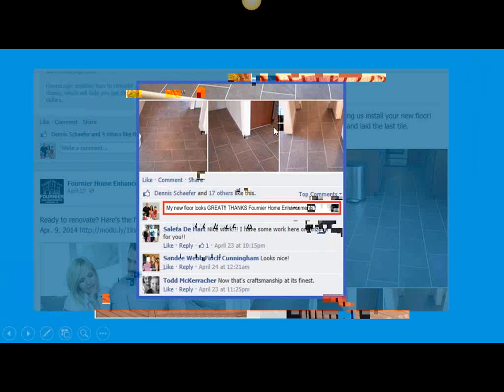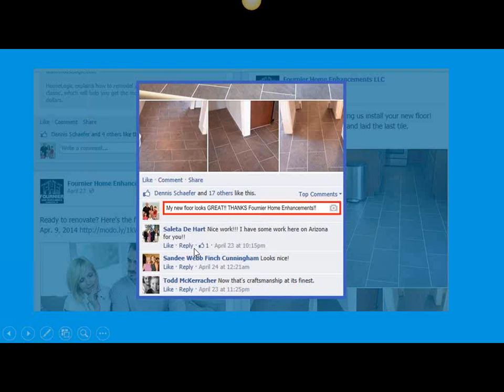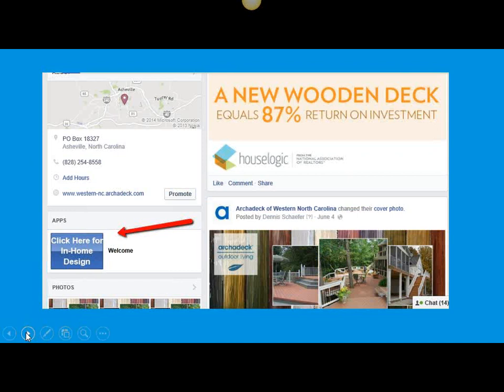And this is kind of what I'm talking about. There's another company with Fournier where it's got, I think I even liked it there, a lot of interaction, a lot of people liking it. Every time this person liked this post and made this comment, all their friends and family that most likely live in the area saw it too. Someone that might need a tile floor. That's the importance of this, and how it means business.